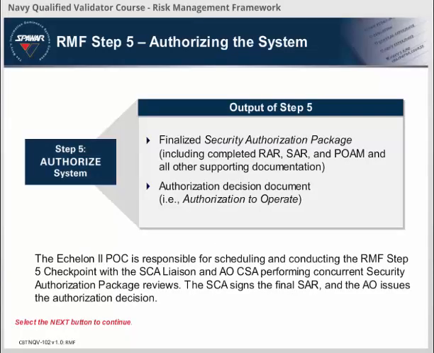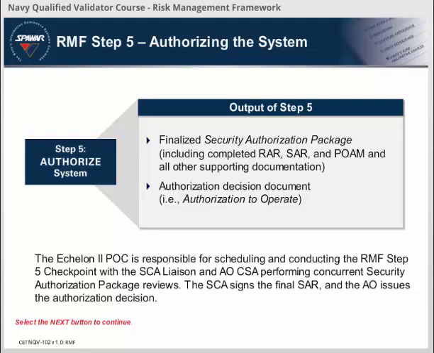In RMF Step 5, the security authorization package is finalized and an authorization decision is issued. The Echelon 2 POC schedules and conducts the RMF Step 5 checkpoint with the SCA liaison and AO-CSA performing concurrent security authorization package reviews. The ISSE finalizes the RAR and the PM-ISO completes the RAR executive summary. The validator finalizes the SAR and completes the SAR executive summary with support from the SCA liaison for final submission